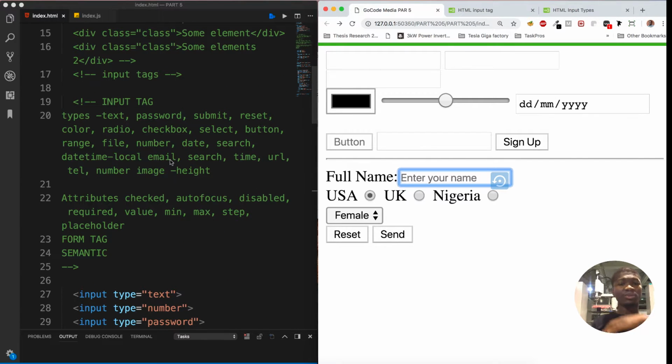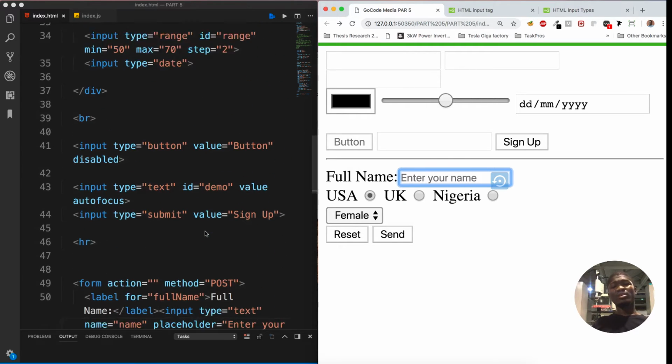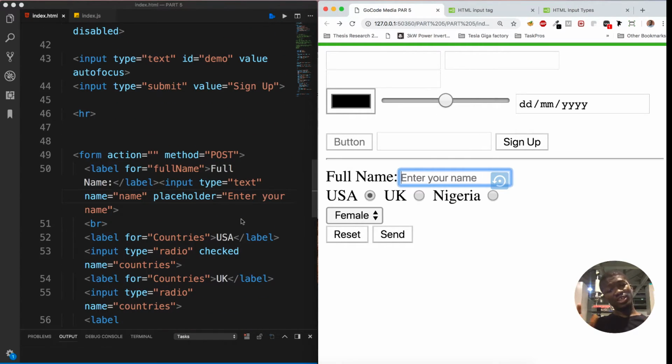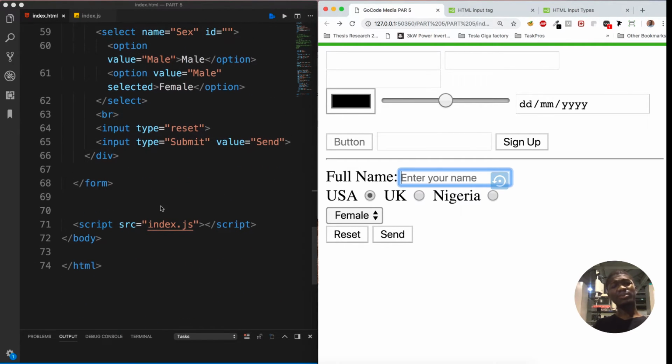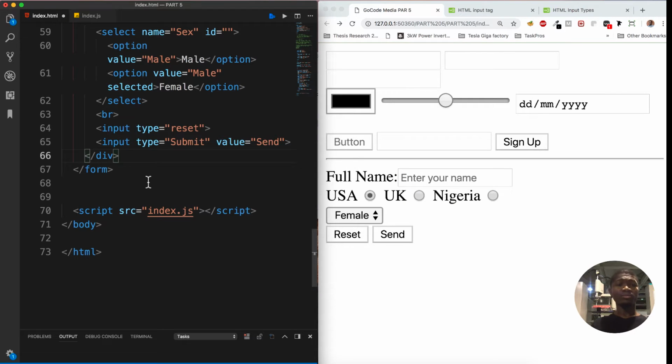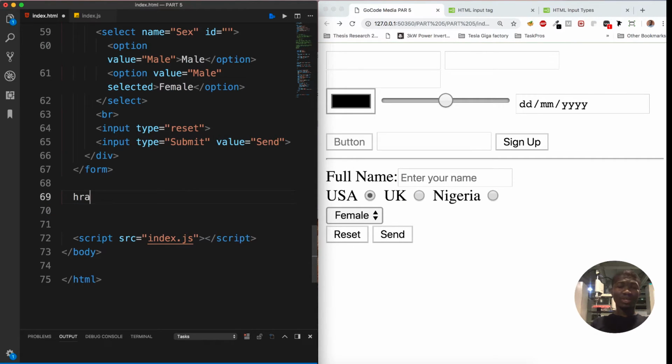So let me see what other one I've not. Yes, autofocus, disabled, and stuff like that. But to just quickly end this HTML series, which I hope you've been enjoying so far, let's quickly talk about semantic tags. And this is very, very interesting because nowadays we have header, you have